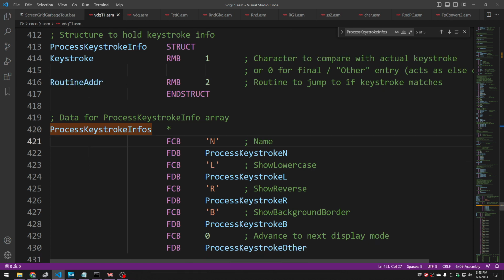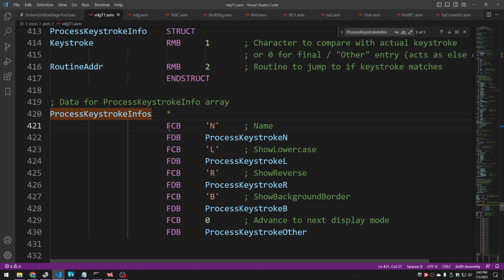So if you take a look at the array, it's pretty simple. N means we would want to go to ProcessKeystrokeN. L means we would want to jump to ProcessKeystrokeL, and so on. And then the very last entry, we use 0 to indicate that's else or other. Basically, any keystroke that we haven't matched yet would match to this, and then we would jump to this routine,